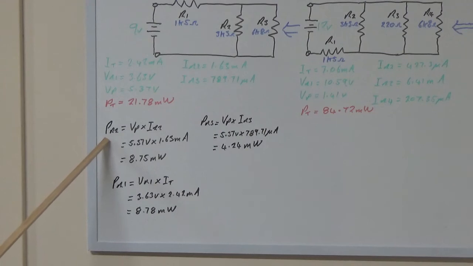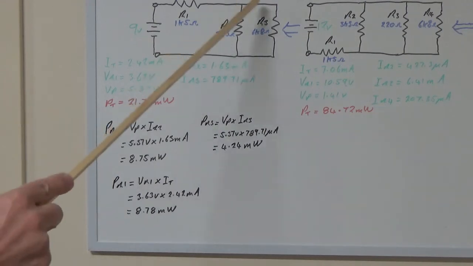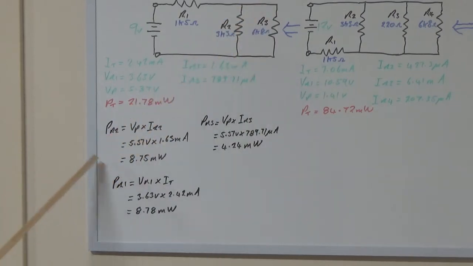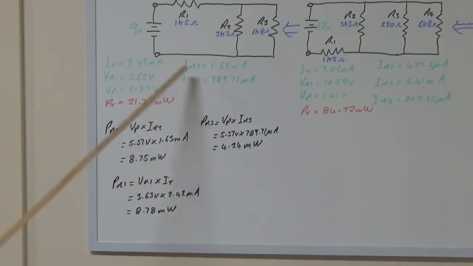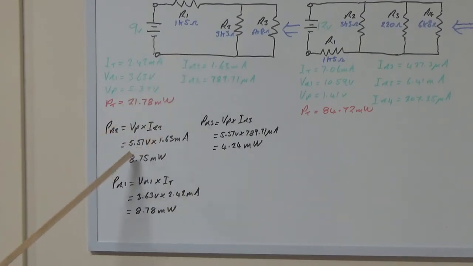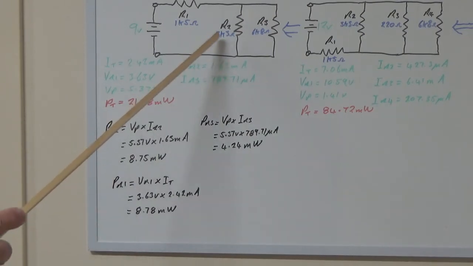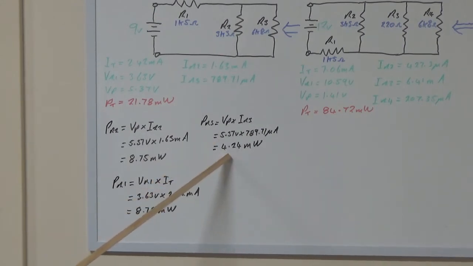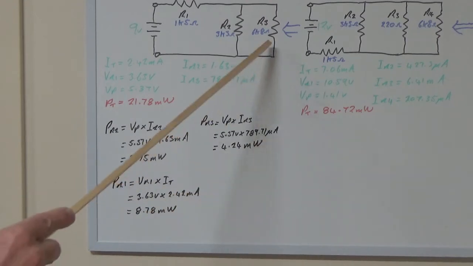We've got 5.37 volts, that's the voltage measured across here, and we have a current of 1.63 milliamps that we calculated before for IR2. You can see we've got a power consumption of 8.75 milliwatts for here, and doing the same for R3, we end up with 4.24 milliwatts of power